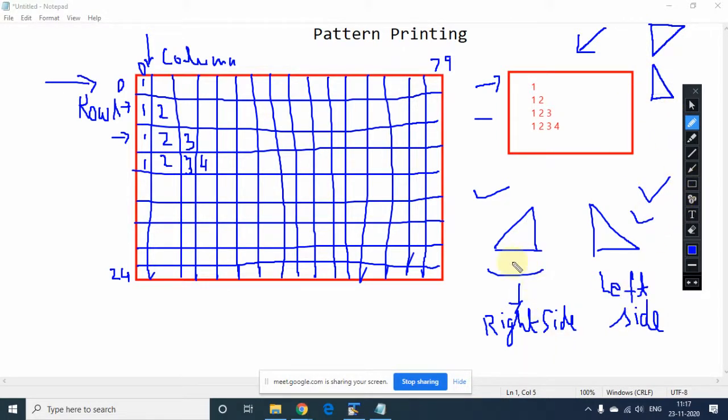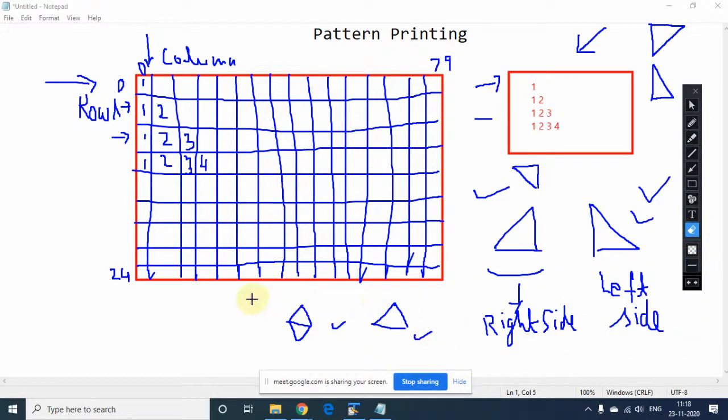And the right side pattern could be like this also. Apart from the left and right side, we also have the triangle shape, or you can say the diamond shape. We will understand how to print that also. These things we will do later.